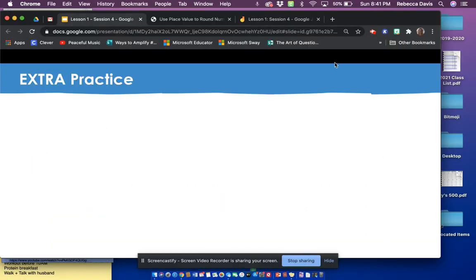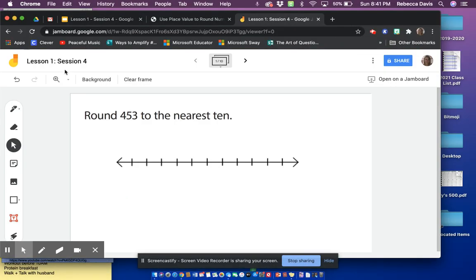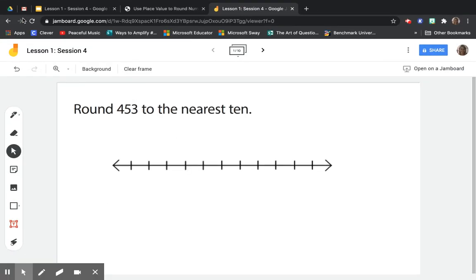So we're going to talk a little bit about how you can get some extra practice at the end, but we're going to go ahead and start. When you start, we are going to be in our workbook on pages 21, 22, 23, and 24. I will let you know when we need to be on those pages. But for today, we are going to start with a little warm-up, and it is round 453 to the